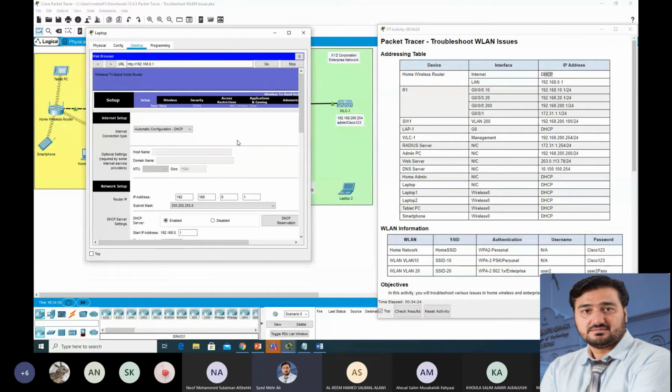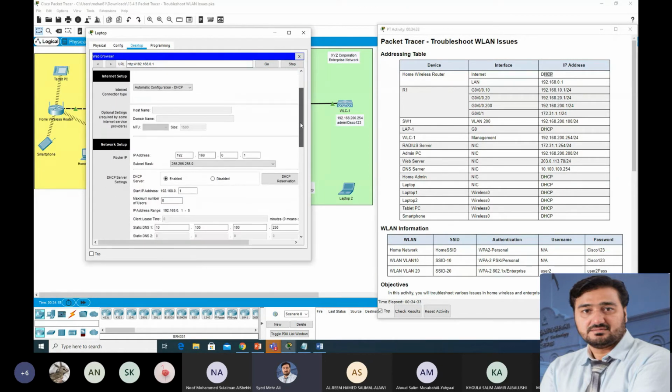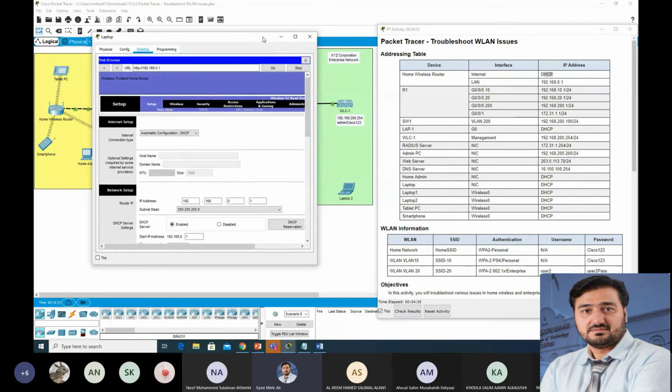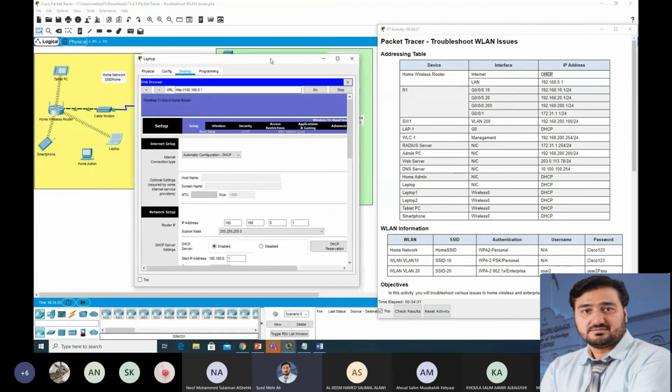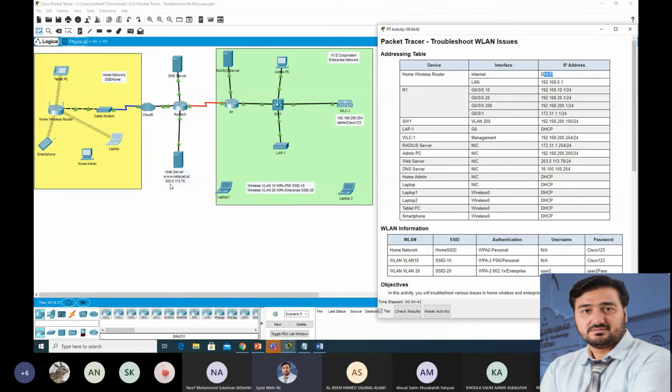Now the second thing. We are not able to ping our web server. Our web server address is 203.10.